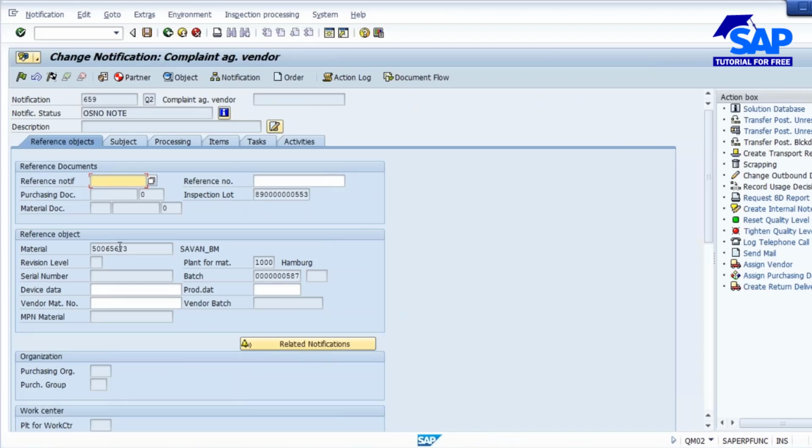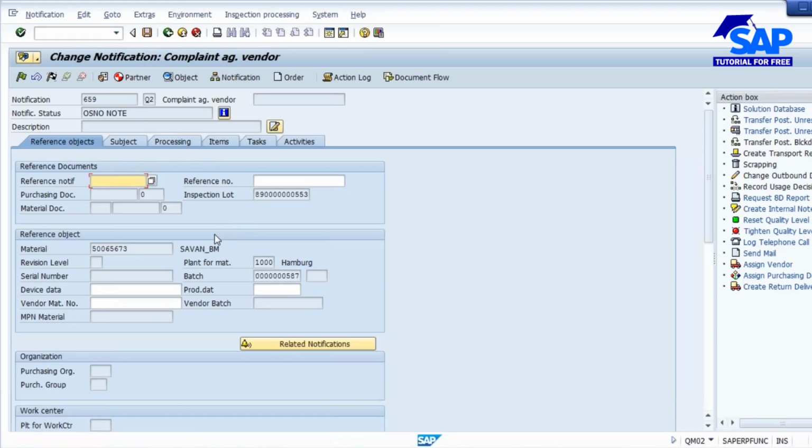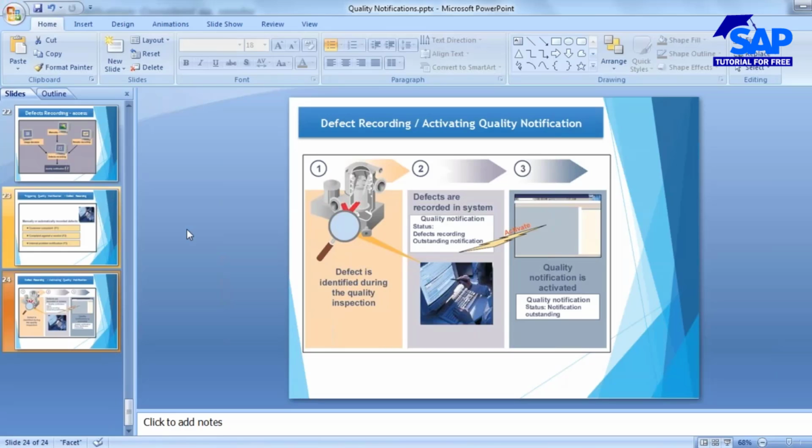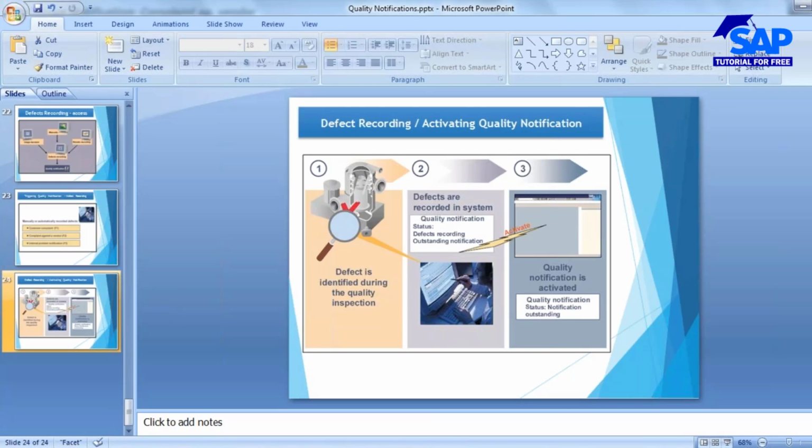All the data from the lot, inspection lot number, material, batch, plant, everything got copied to the notification. Are you able to see quantity? Everything got copied over here to the notification. Okay, so this is how you will be triggering the notification during the defect recording automatically. Okay, so that is all about your notifications.